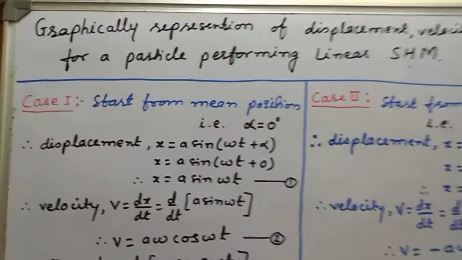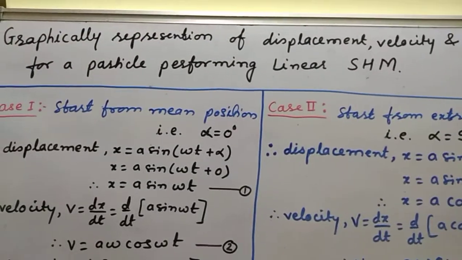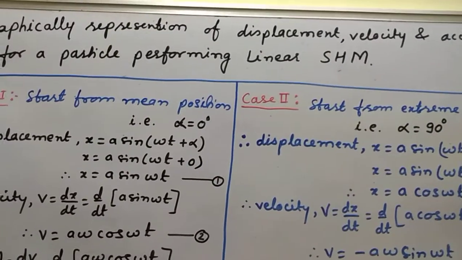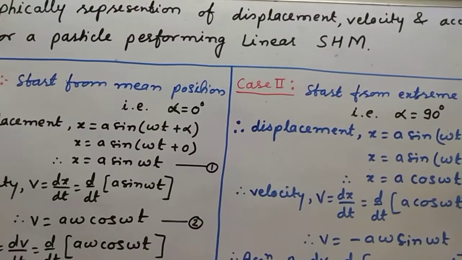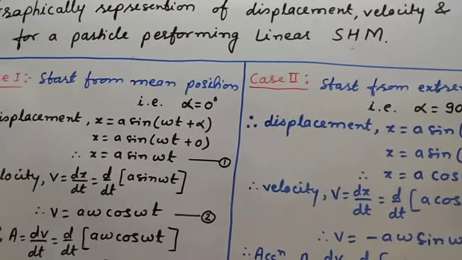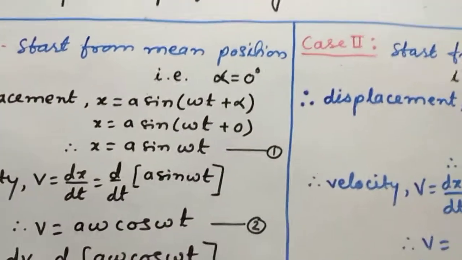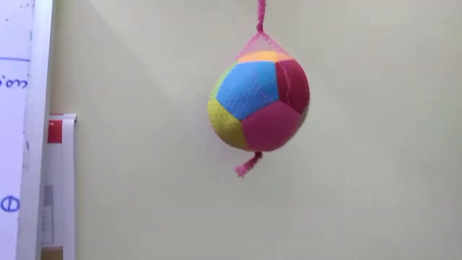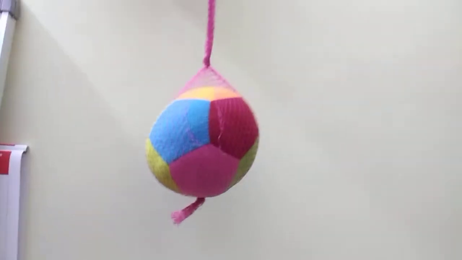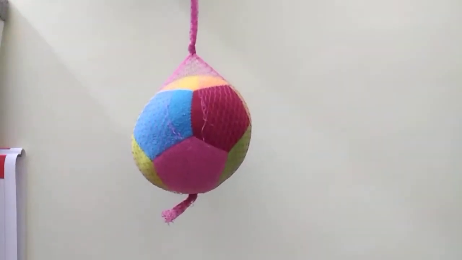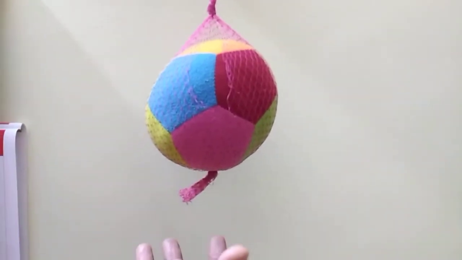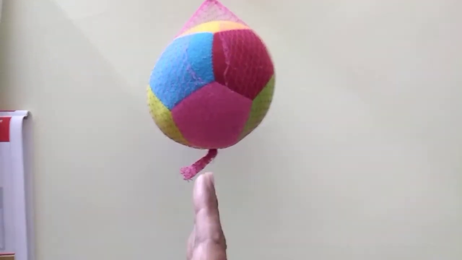So today we learn about the graphical representation of displacement, velocity and acceleration for a particle performing linear SHM. There are two different cases: when the particle starts from the mean position, or otherwise if the particle starts from the extreme position. As we know, here a body is suspended by a string and is at the mean position, so at that time the displacement of the particle is